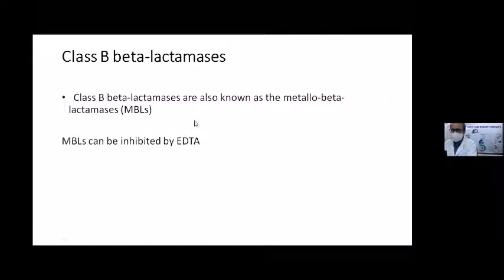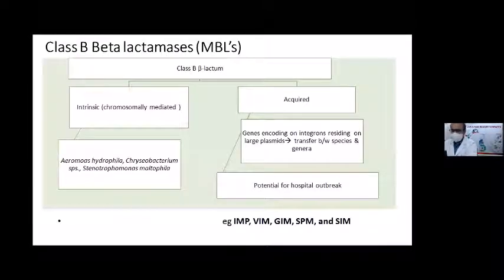Now, second, we have class B beta-lactamase. As I've already told you, they are called metallo-beta-lactamase because they require the zinc moiety for activity, and therefore they can be inhibited by a chelating agent like EDTA. Again, the class B beta-lactamase resistance gene can be either chromosomally encoded or acquired. The chromosomally encoded resistance is intrinsic resistance, which is present only in a few selected species like Aeromonas, Chryseobacterium, and Stenotrophomonas,